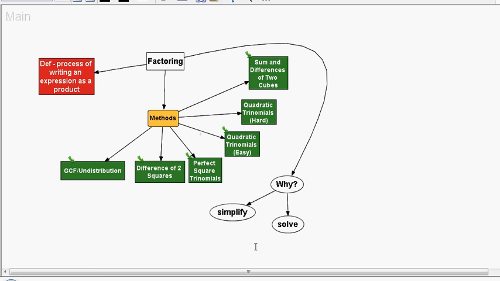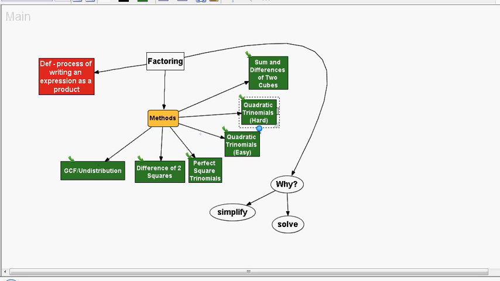Okay, welcome to this seventh video in the series of videos on factoring. If you're here, you should have already seen the overview of factoring video, and you should have watched videos on factoring expressions using greatest common factor, difference of two squares, perfect square trinomials, and both quadratic trinomials of easy and